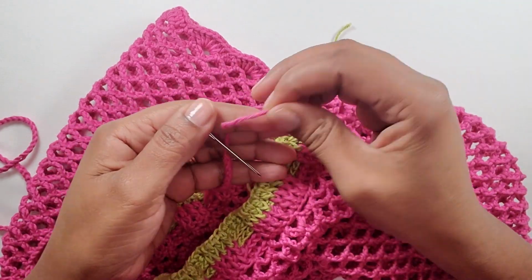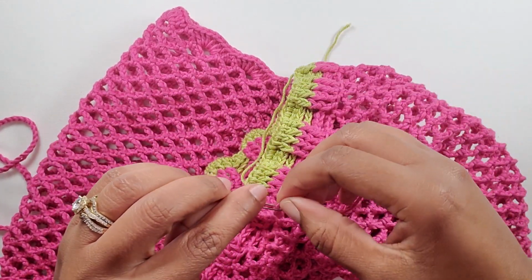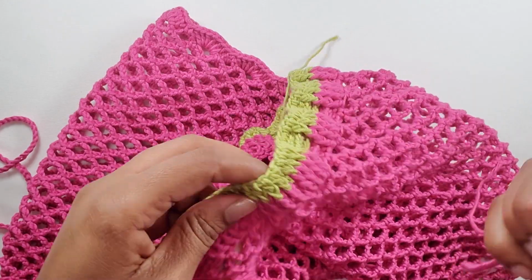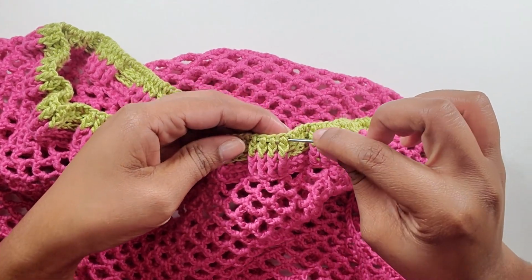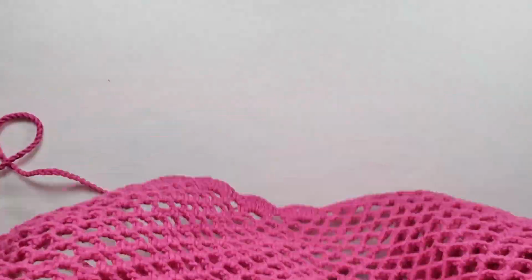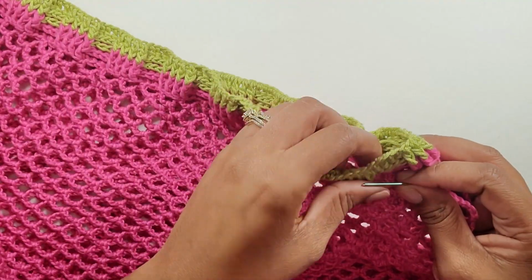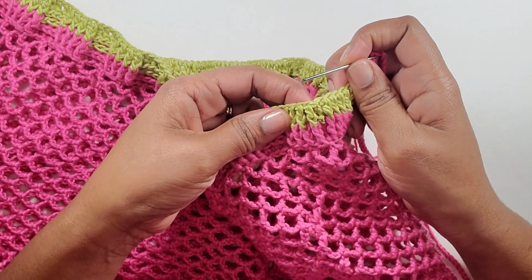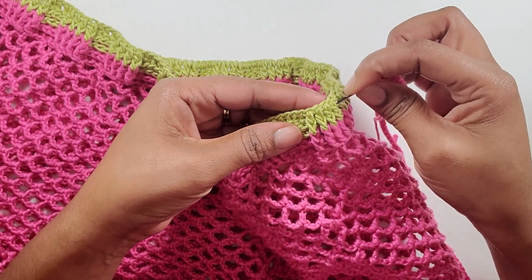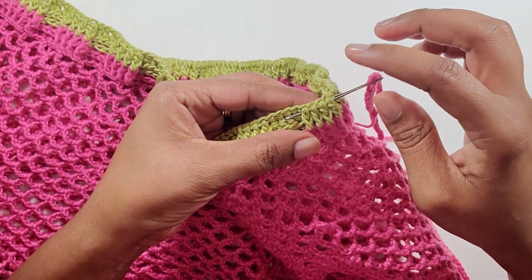Let me just use a bigger needle. Okay, so what I'm going to do is, make sure you look for the part where you want to be the front of your skirt. So I think I'm going to put it like this, and I'm going to start weaving from this end. And you're basically going to go into this part here, so into the top of the front post double crochet,